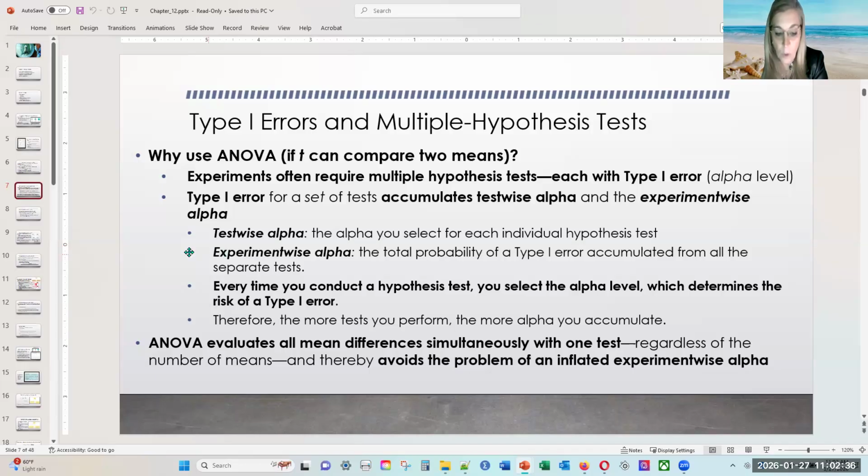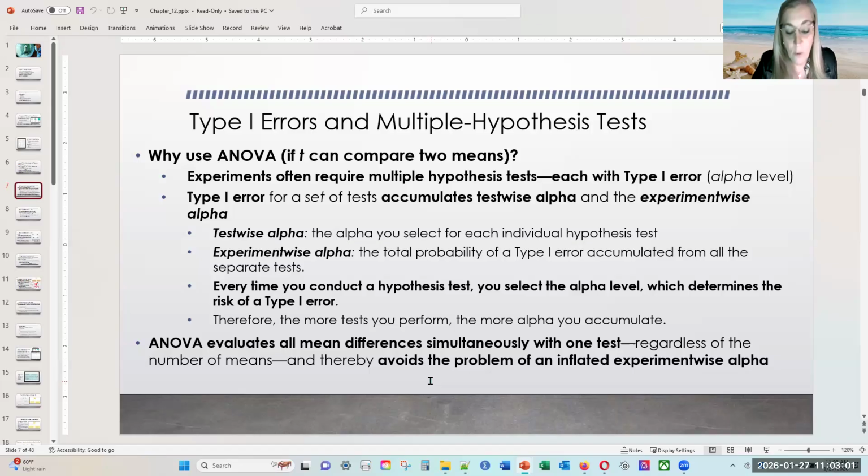And experiment-wise alpha is the total probability of a type 1 error that accumulates from all the separate tests done together. So every time you conduct another hypothesis test, you select an alpha level, and that starts increasing the amount of type 1 error that you accumulate as you go. All right,